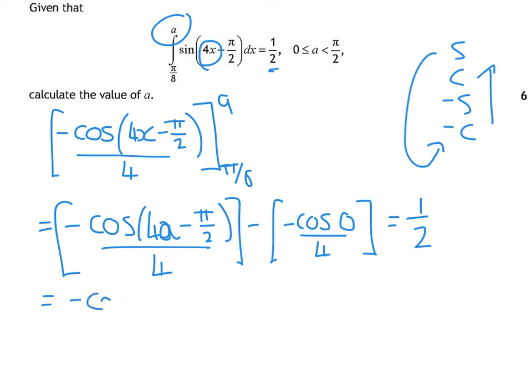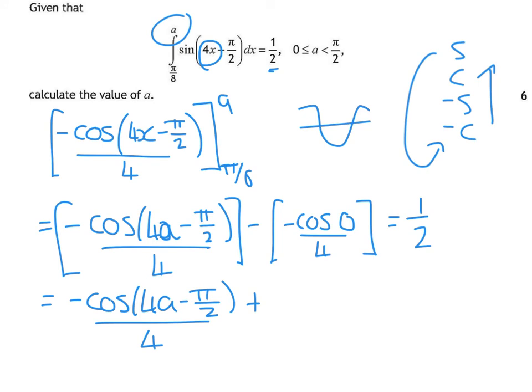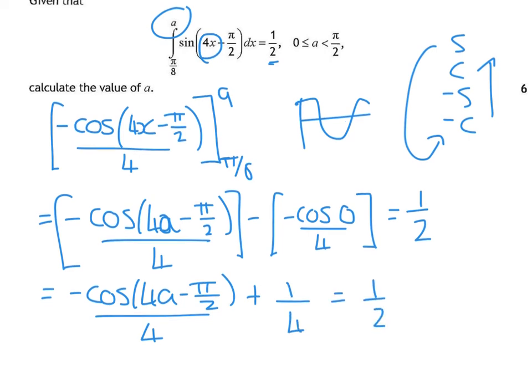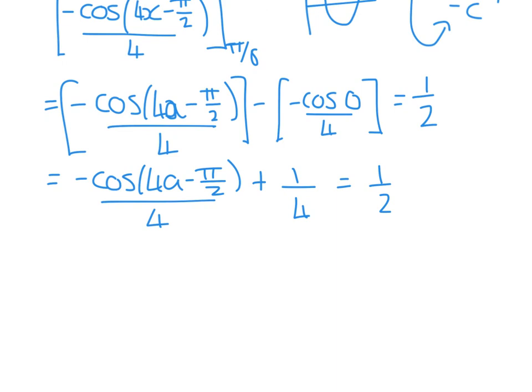So I've got negative cos of 4a minus pi over 2, all over 4. Plus, now cos of 0 is just 1, right, from your cos graph. So that is going to become plus 1/4 equals 1/2. Now at this stage, I can get rid of all these fractions. If I times absolutely everything by 4, these fractions will disappear. So that would give me